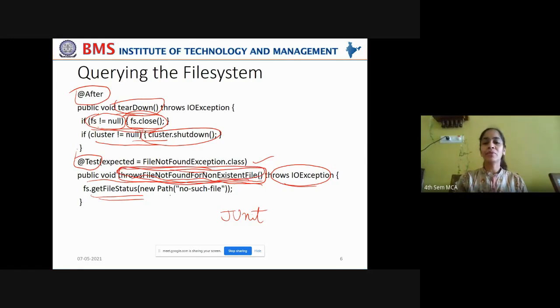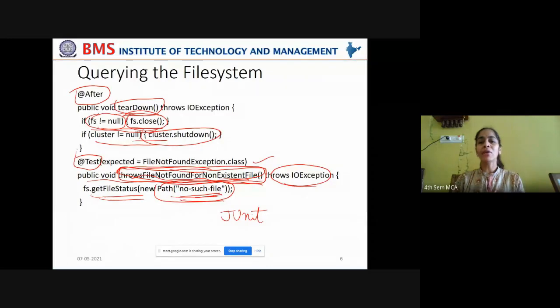It should raise an exception. It should provide a message that creates a new path instance, and that message should indicate that there is no such file that is existing. Okay, so when you want to handle an exception which throws file not found exception for non-existent